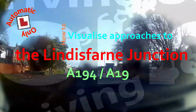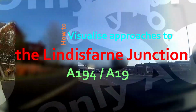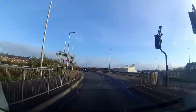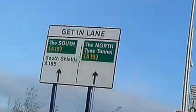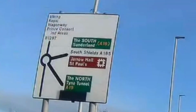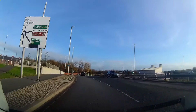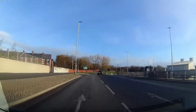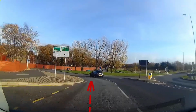How to visualise approaches to the Lindisfarne Junction, A194, A19. Starting this tutorial coming from Jarrow. We'll get in lane, the south A19, we're staying in the left hand lane. The next sign says we're turning right at the roundabout, but the previous sign says stay in the left hand lane. On approach, mirrors, look to the right, stay in the left hand lane